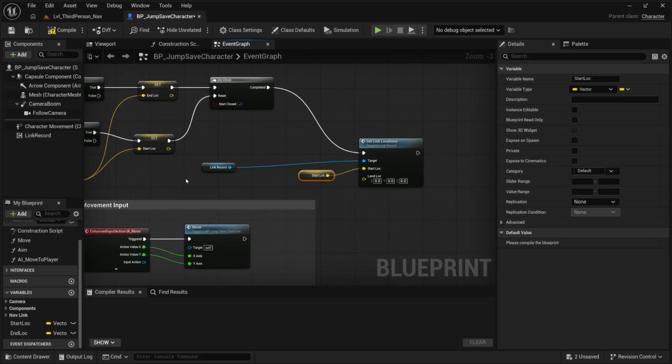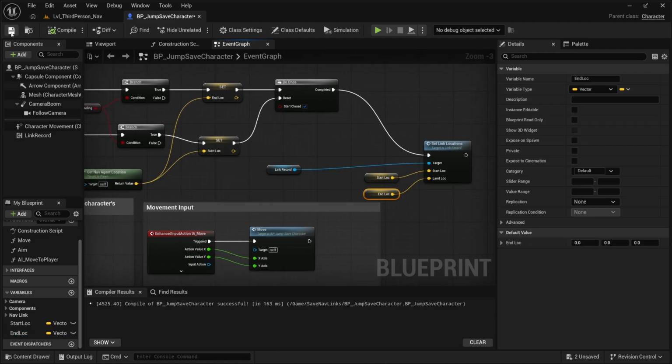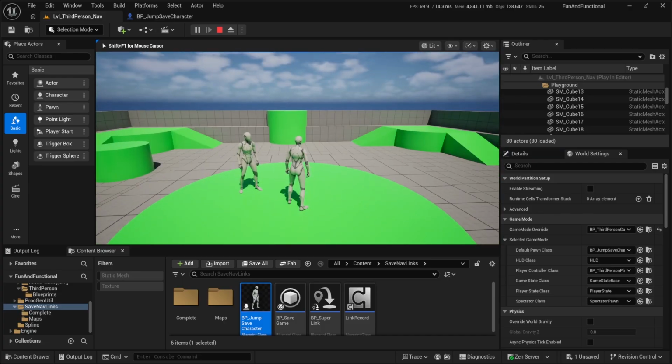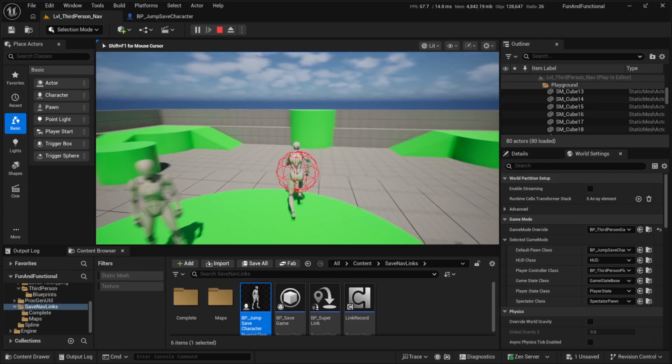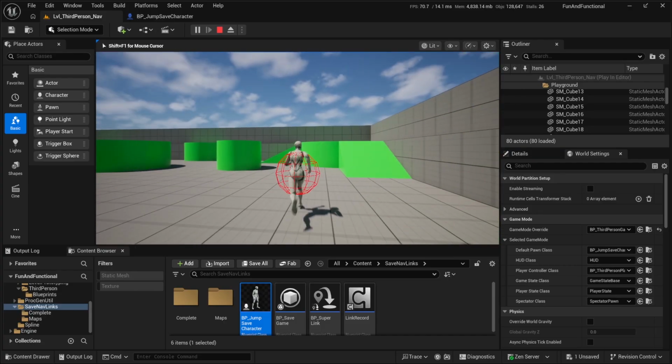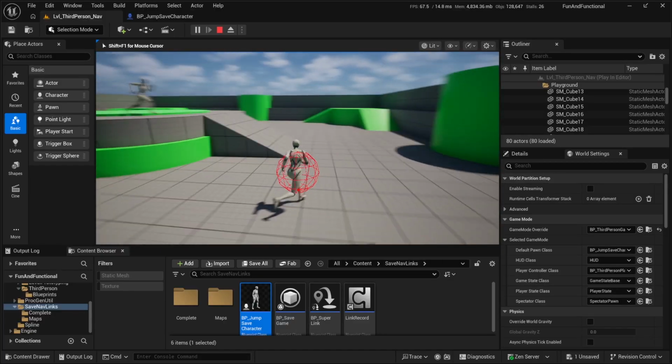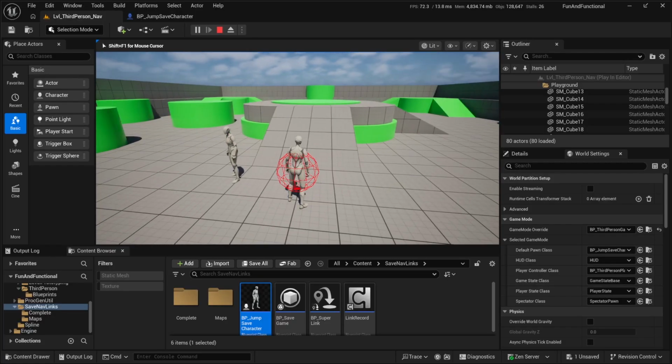We'll make sure our start lock and end lock are hooked up. Give it a quick test. I'm recording. There's my sphere. Jumping around. I believe they're saving, but